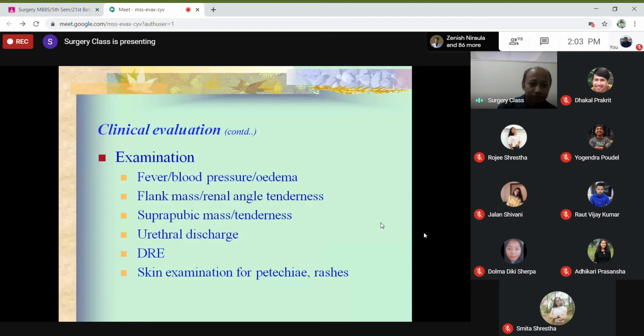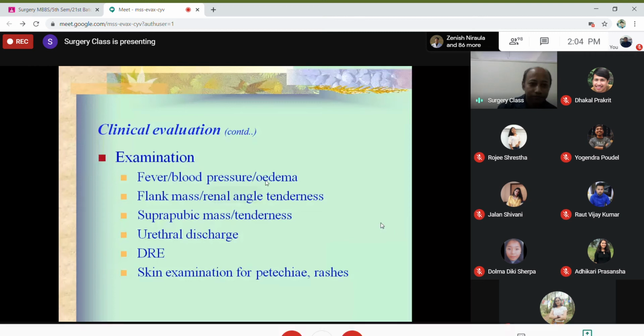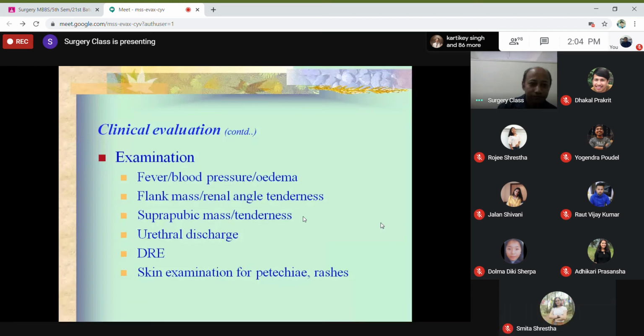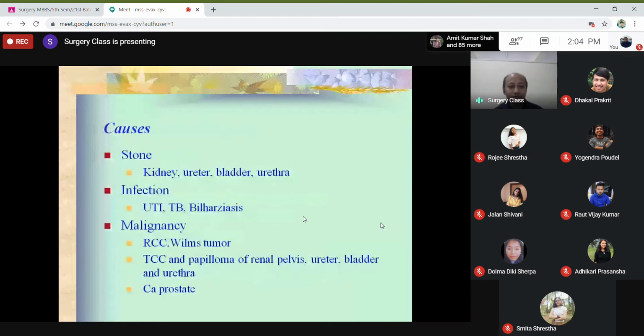Stone may be in the kidney, ureter, bladder, or urethra. All these stones can give rise to hematuria. Tumors originating from renal cell carcinoma, Wilms tumor, transitional cell carcinoma and papilloma of the renal pelvis, ureter, bladder, urethra, and carcinoma of prostate. All these can cause hematuria because they are in the urinary tract, and bleeding from these